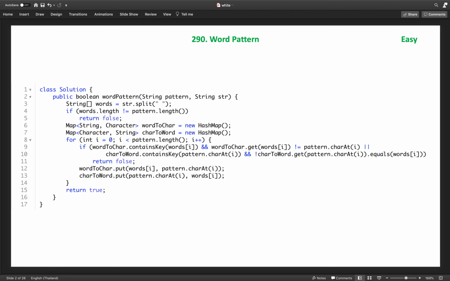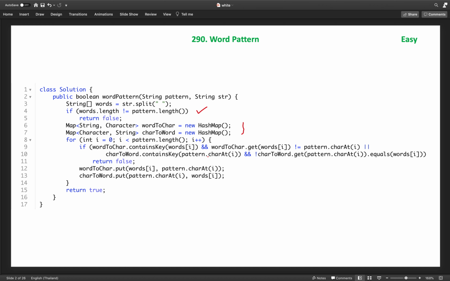Here we first check that if the number of words and the number of characters are not the same, we straightaway return false. Then we create two maps, and check whether the current word is in the map and whether the character mapped to that word is the same as the current pattern character.